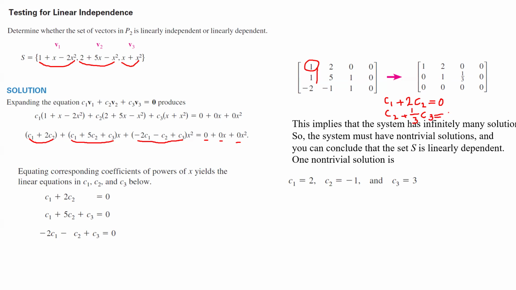You can basically say that, hey, I'm going to take C3 as t and write C2 in terms of C3, which is t. And then since this is written in terms of t, you can write C1 in terms of t as well. So you end up with infinitely many solutions, and the system must have non-trivial solutions, right? That depends on t. And you can conclude that the set S is linearly dependent because you get C values that are not zero. So that's how you show the system